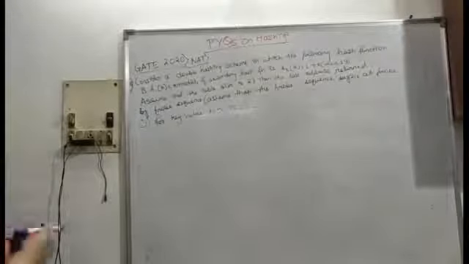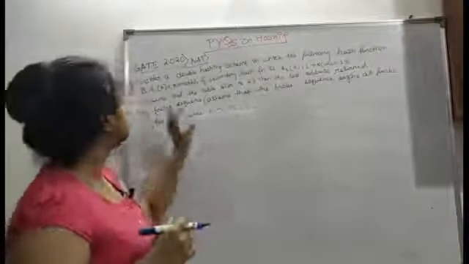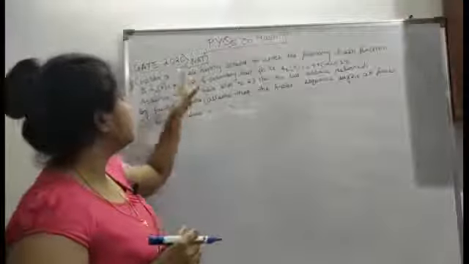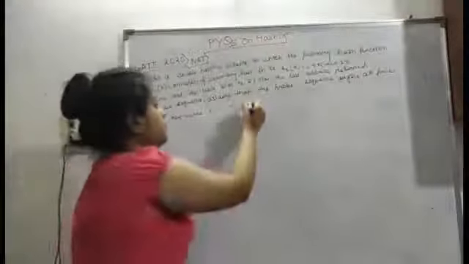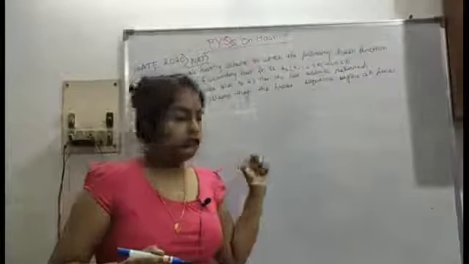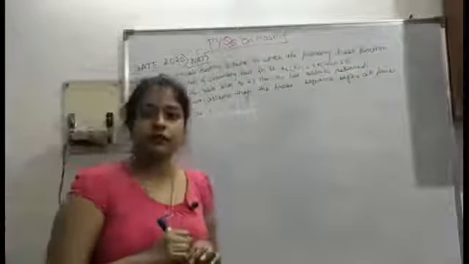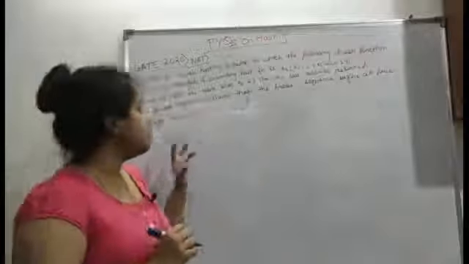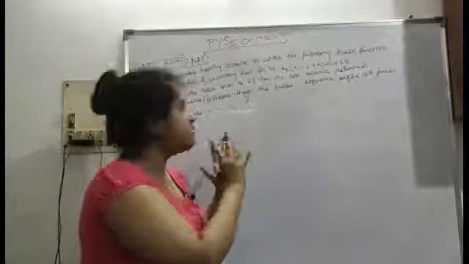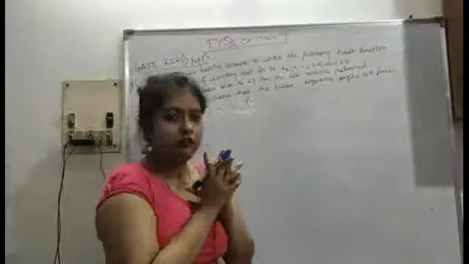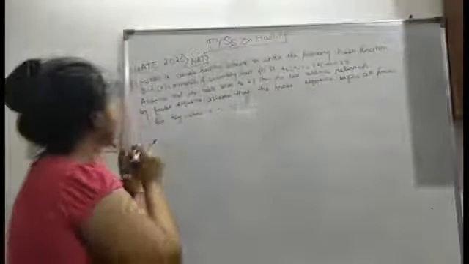So now our next question is this one, asked in GATE 2020, a NAT question, numerical answer type question. You have to put the answer. This is a really interesting question. Let's see the question, and I will tell you how to do it. I have just taken the whole question here. I will read it out, then I will do the answer.